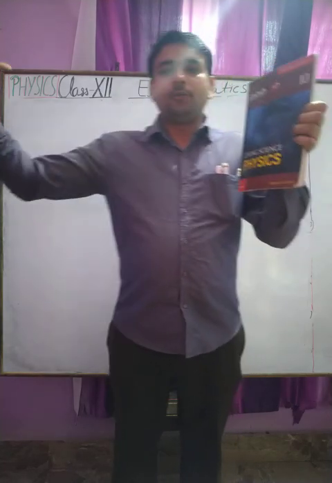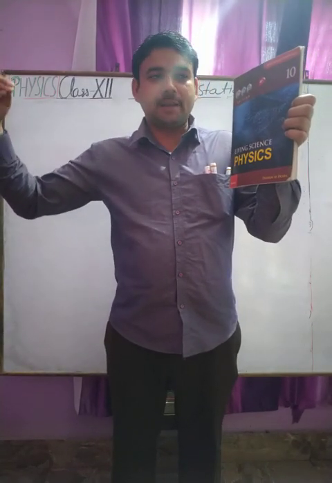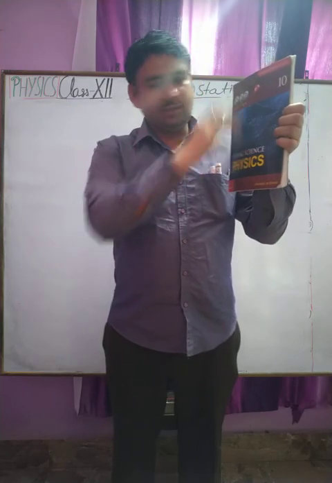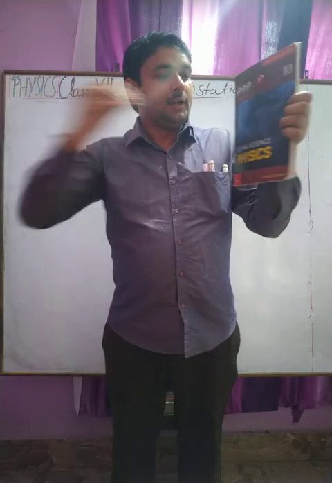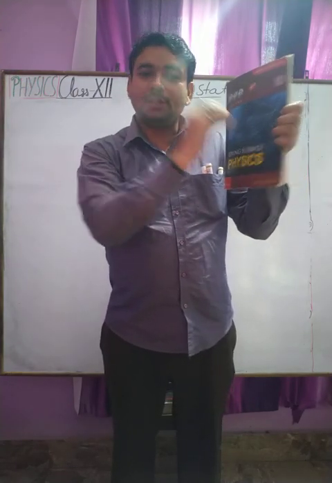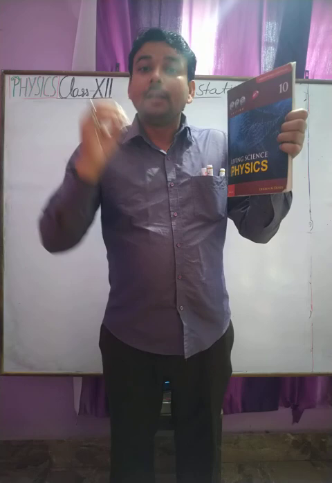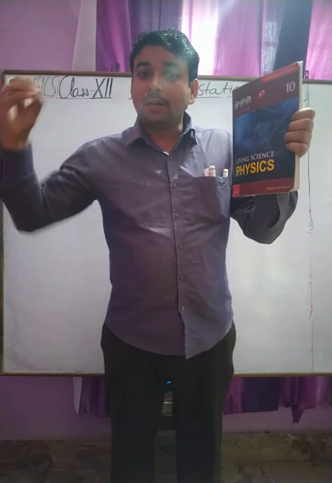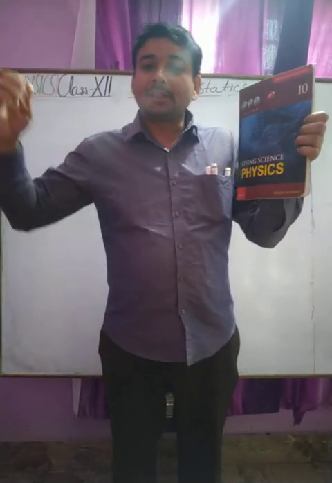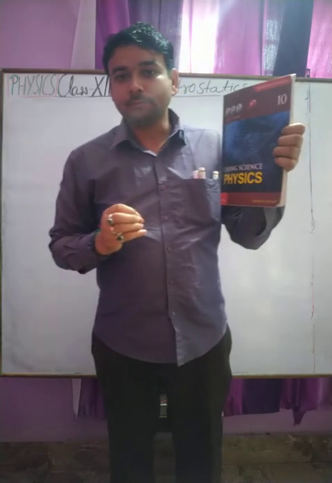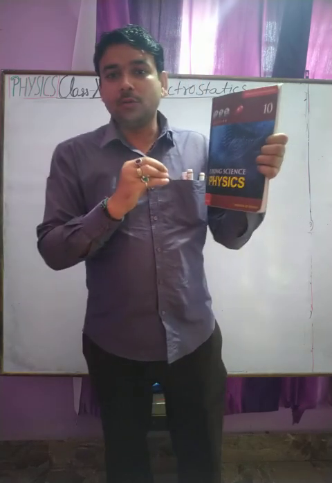Suppose from this charge 5 electric field lines move towards this book, which we have taken as the area, then all the 5 lines are linked with this. Here, students, one thing is very important to understand: the word linked with the surface, linked with the area, means passing through it. Okay, linked with means enclosed by it.